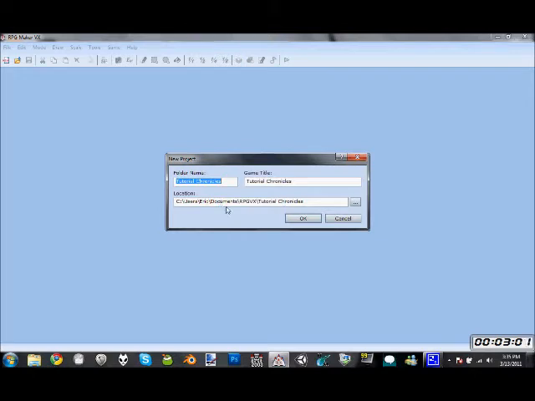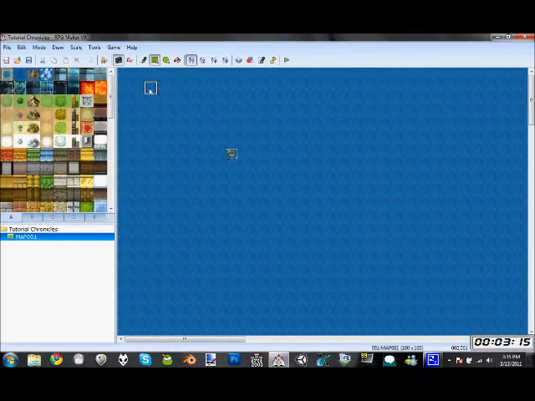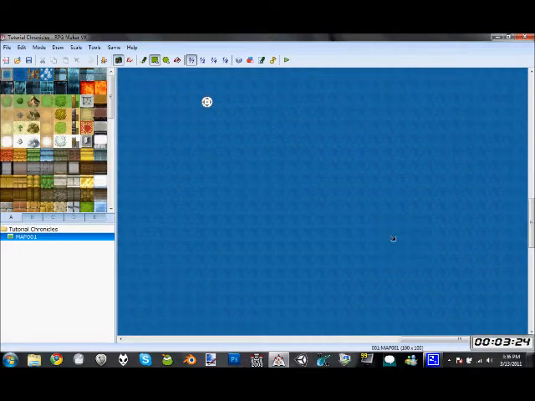When you install RPG Maker VX, it puts a folder in your documents for everything that goes in there. So you can put it there, or you can make your own somewhere else by clicking that and choosing a new spot. I'm just going to keep it default. Now, this is what you get when you first load up a new project. It comes with a map already open, a very, very large map. As you can see, it's